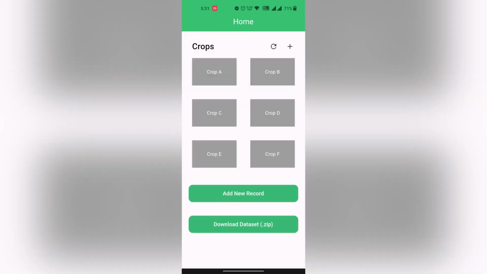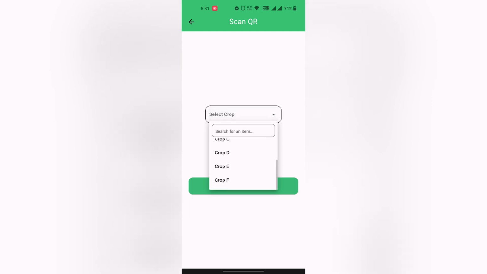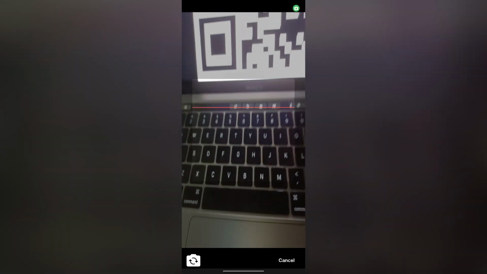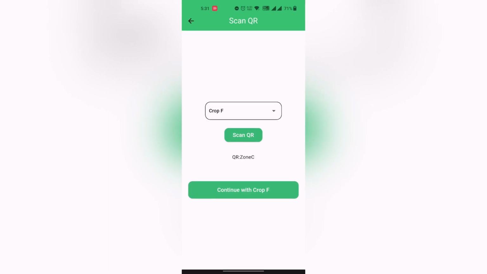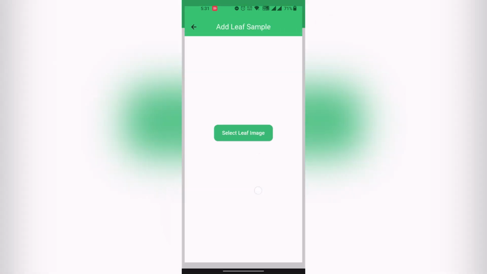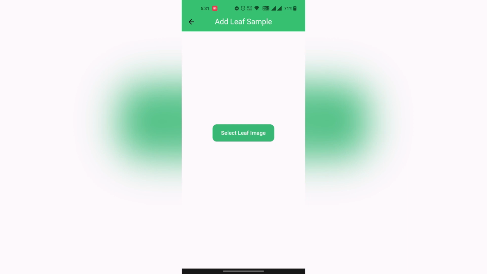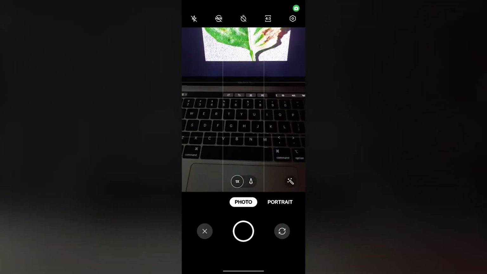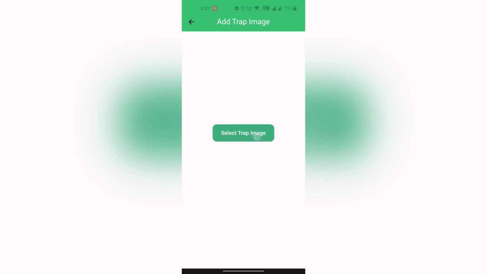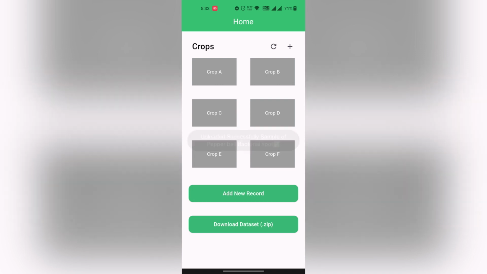New record. Click on add new record, then scan the QR code. Also select the crop type. Continue with the crop. Select leaf image and capture a leaf sample. Select a trap sample. If the user wants to download the whole dataset, he or she can download it by clicking